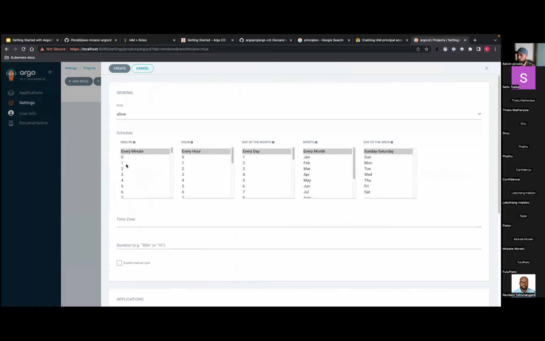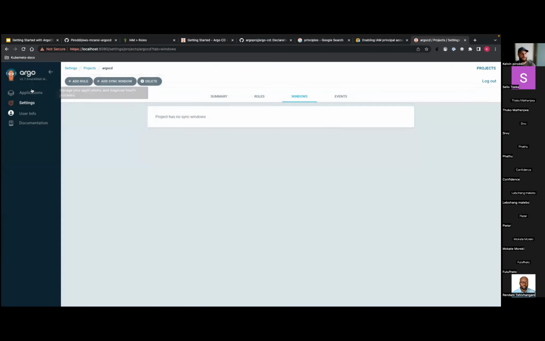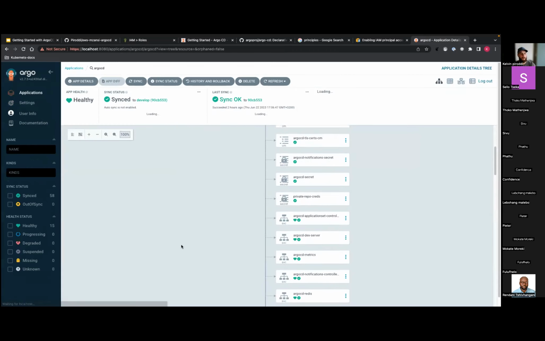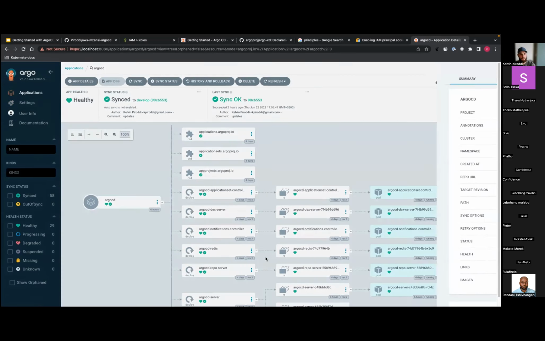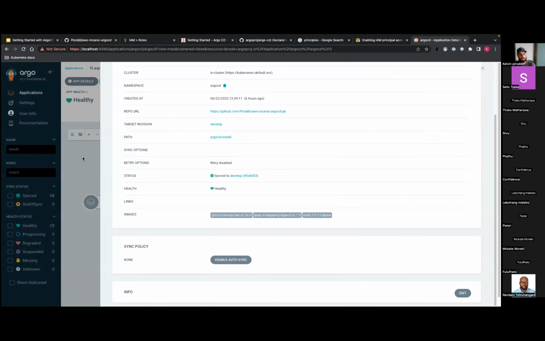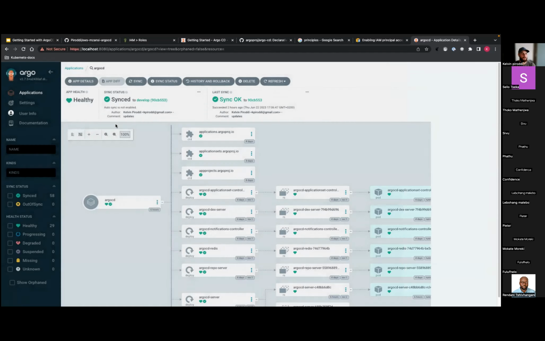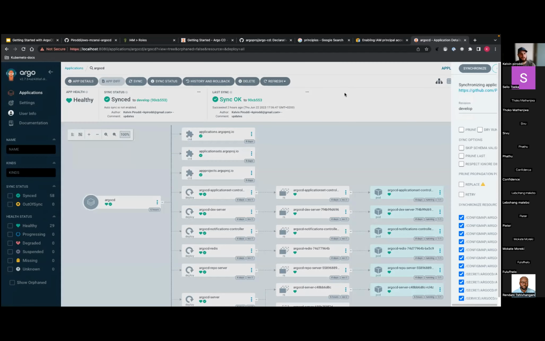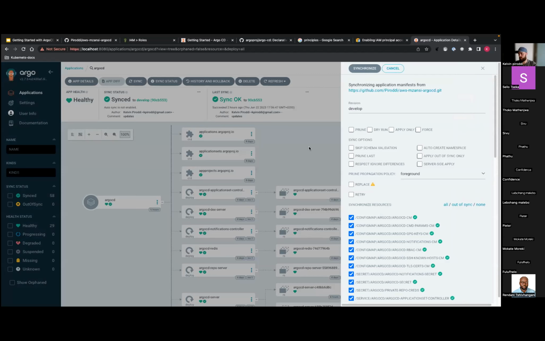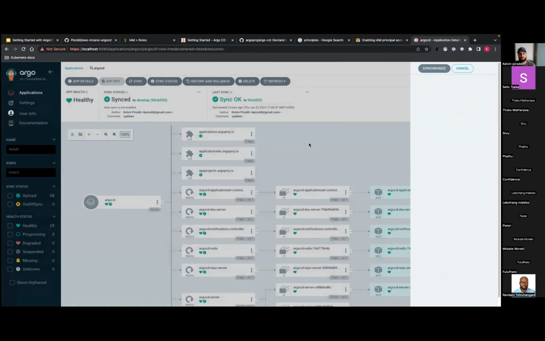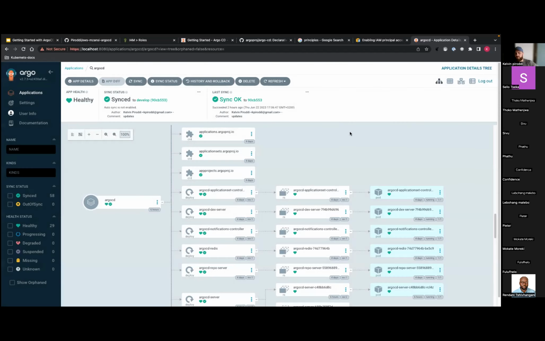So there's those options. If you're in a completely CI/CD world, where you deploy multiple times a day, then you can imagine that your organization will have this application set to auto sync. But many times you'll have this disabled, and a person will come here, and there's a button here, you can just hit sync, and then it'll take whatever changes are in Git and apply them to the cluster. I hope that answered the question.